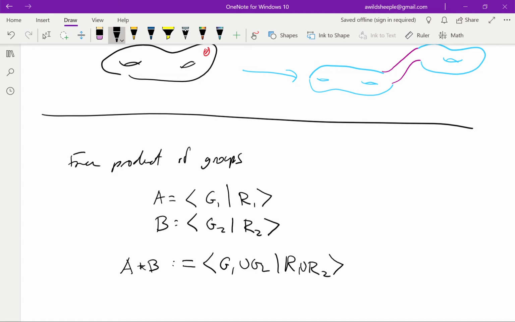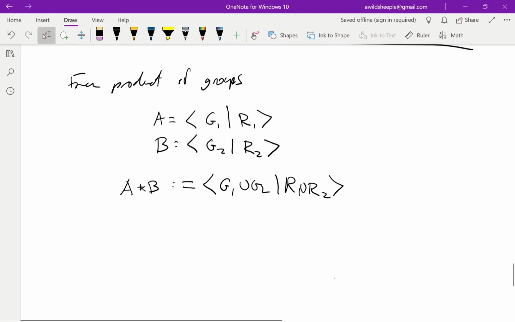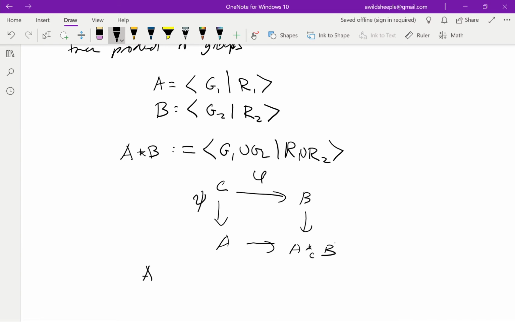Now, with this sort of nasty group in mind, let's think about what happens if I want to make the fiber coproduct. Almost said the fiber product. The fiber coproduct. Then what happens is I have my groups A and B mapping to A star B. And now I'm going to impose a thing C lying above. Then I need to impose some relations on this, which insists that the data from C, whatever it may be, is respected. So if I name these maps phi and psi, then what I want to do is take the group,